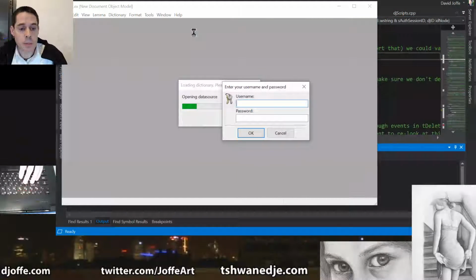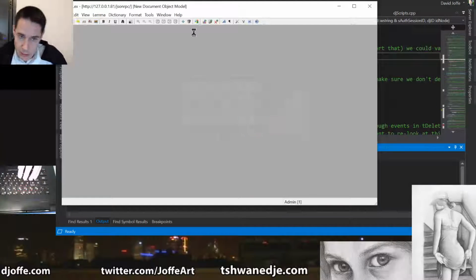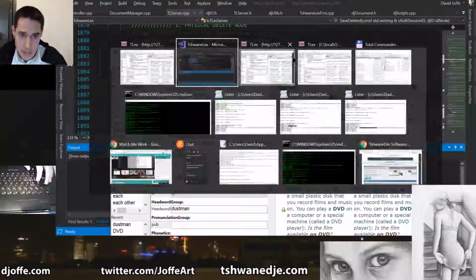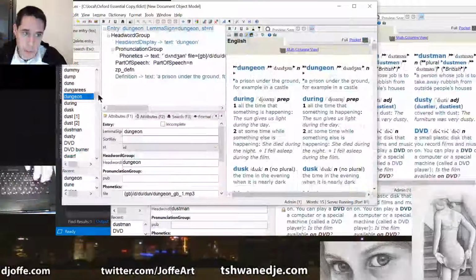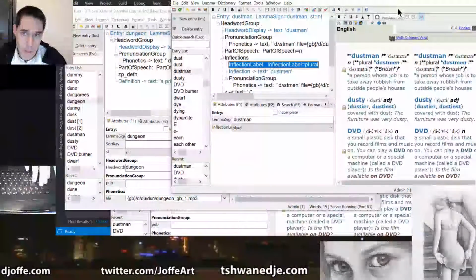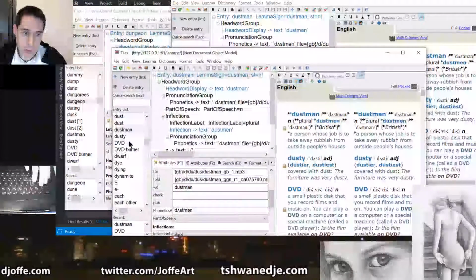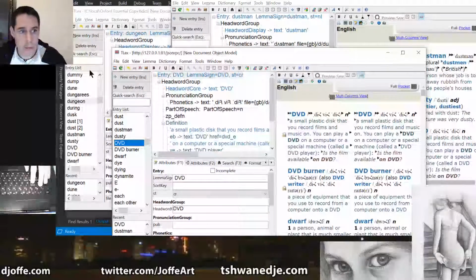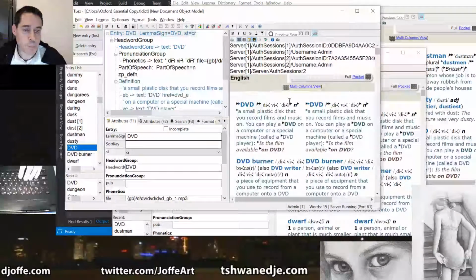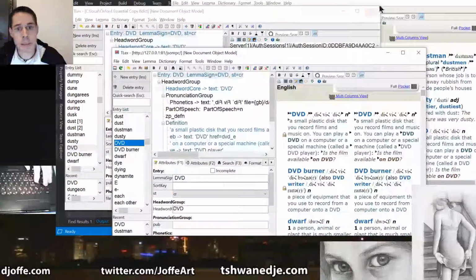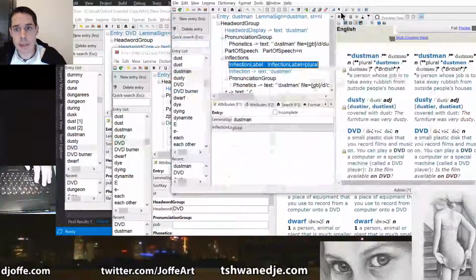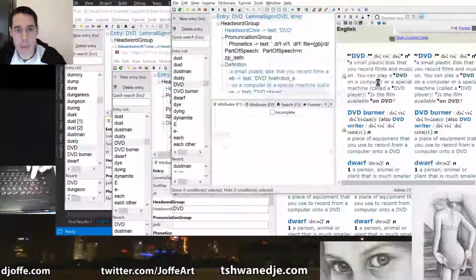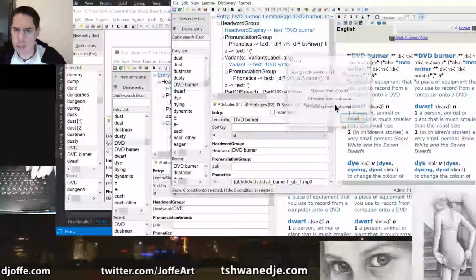Now, while it won't delete off the server in the user interface, it will delete off the other connected clients, because the other connected clients are doing the UI update polling in the main thread, and so it's safe to do the UI updates. So let's take, for example, DVD. We're going to sit on DVD and delete it in one of the clients. Save that deletion,